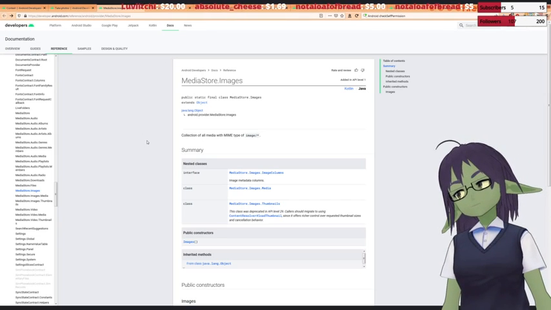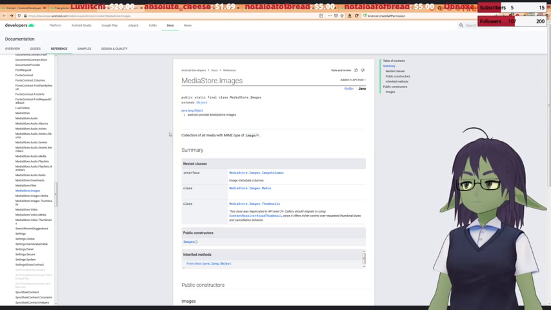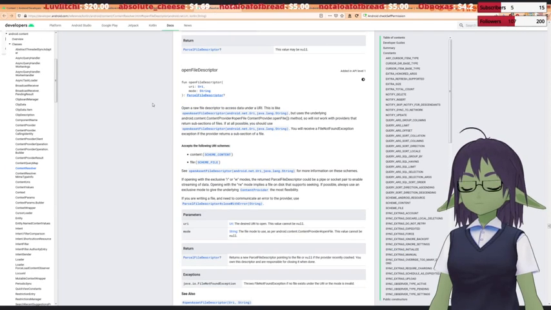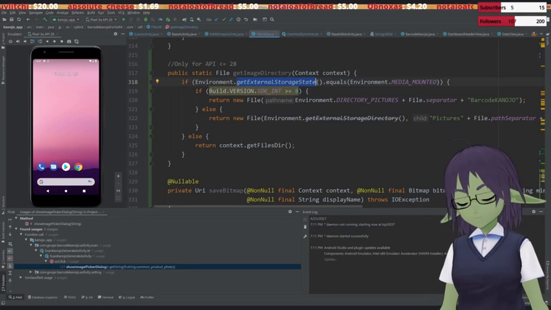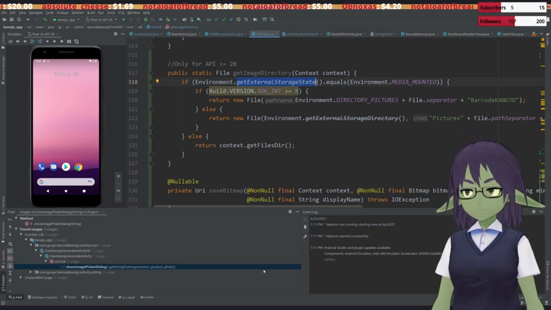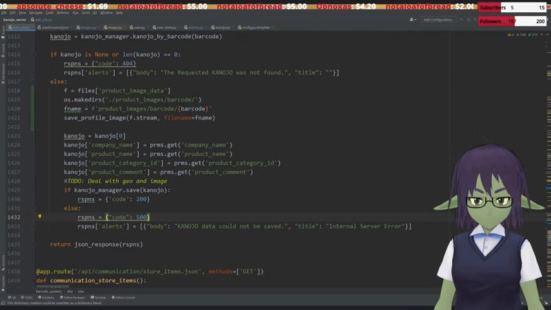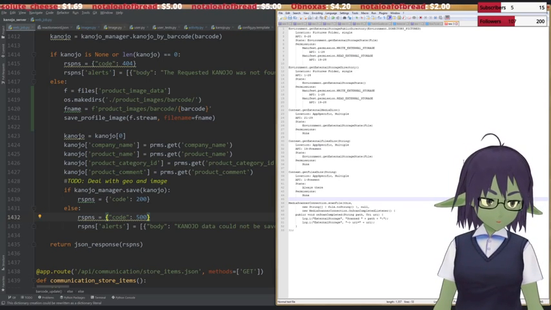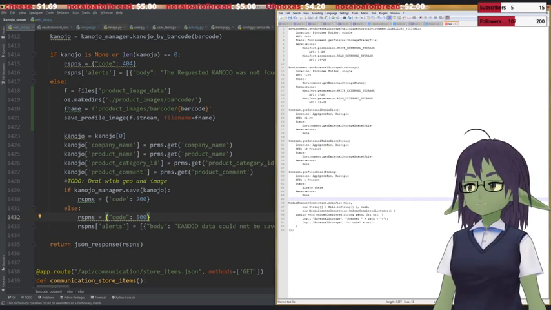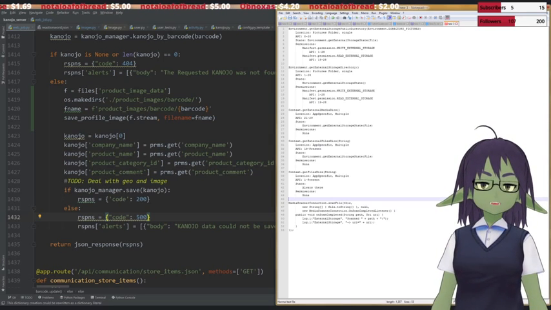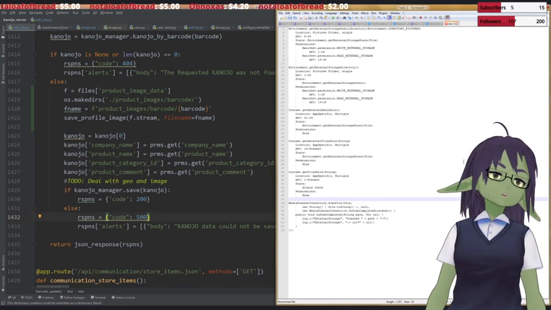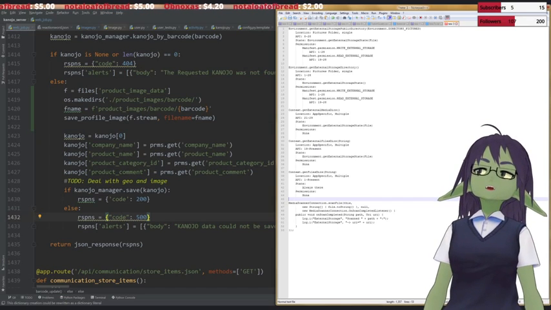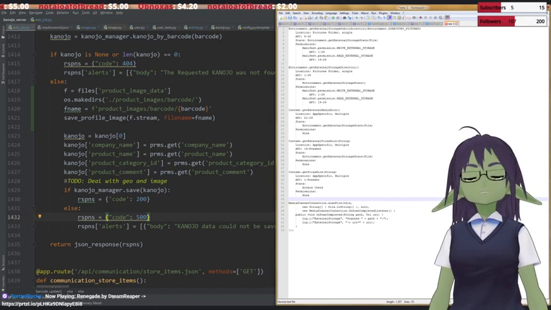Okay. Content. Okay. No, I shouldn't. Or wait. Okay. Let's check our notes. With media store, we don't need read-write permissions, even though they would be nice to have. Okay, so